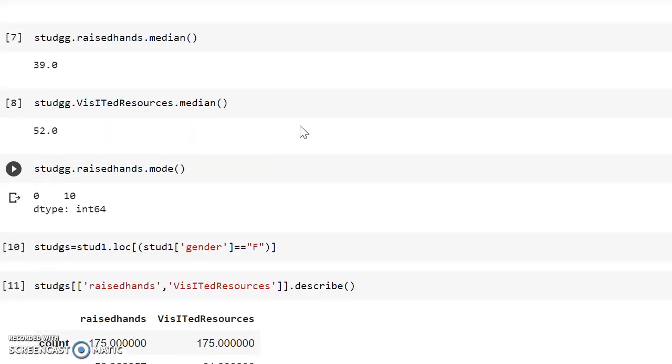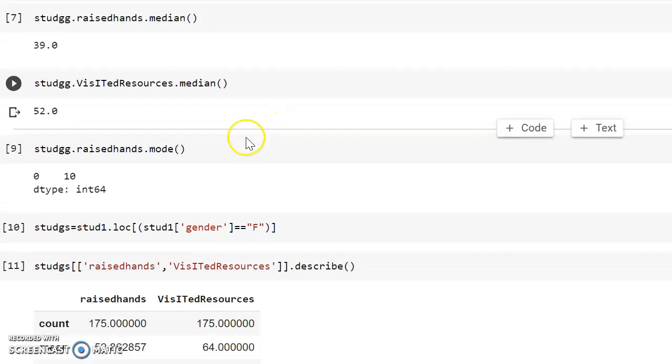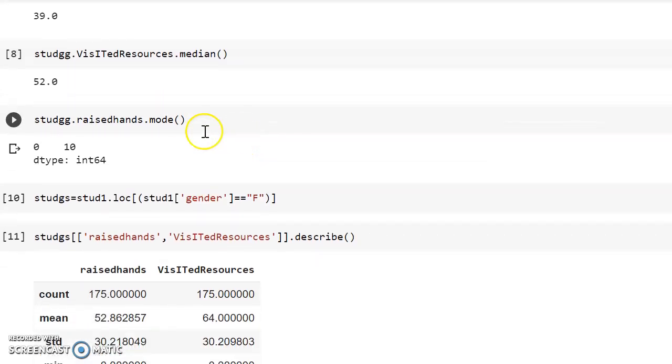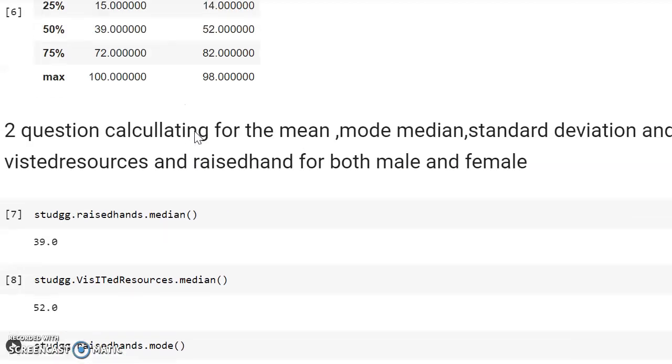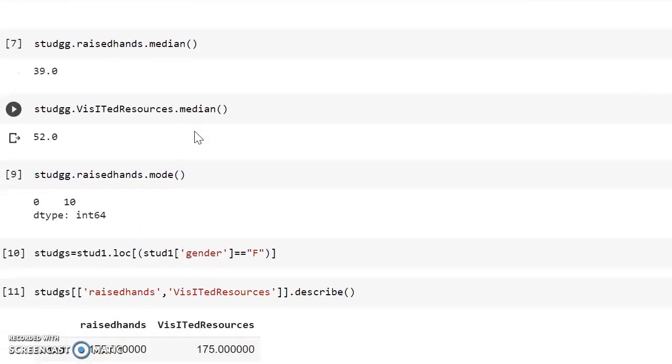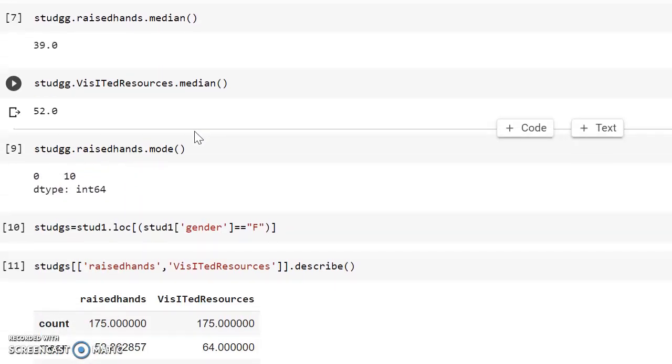So here I have calculated the median, mean, and mode as well.